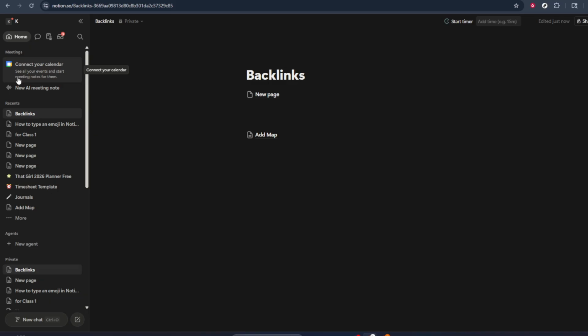That's all there is to it. By using that simple profile menu in the top left and choosing the workspace you want, you can smoothly switch workspaces in Notion and stay